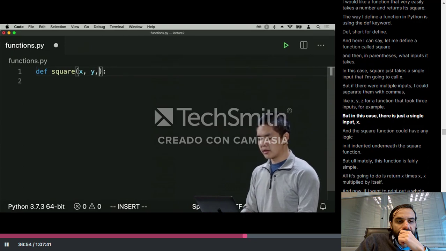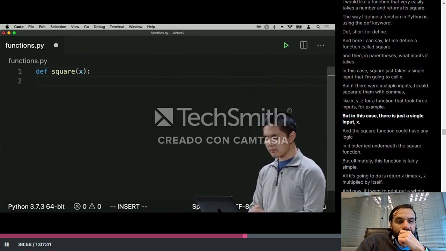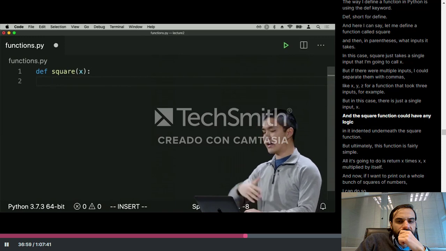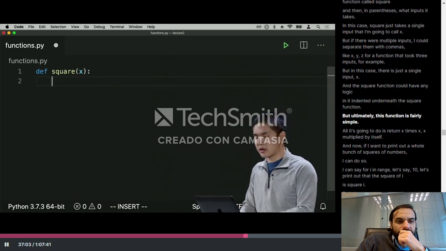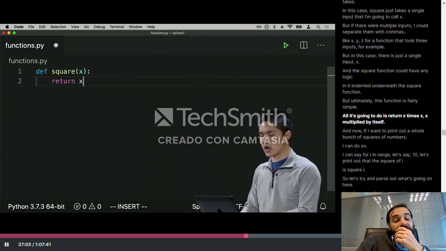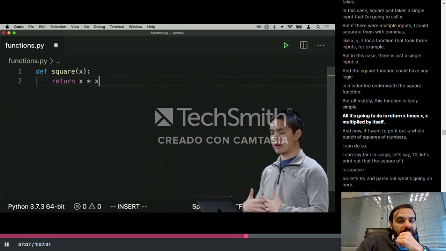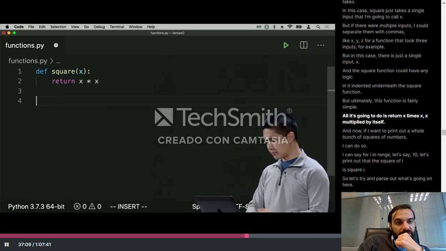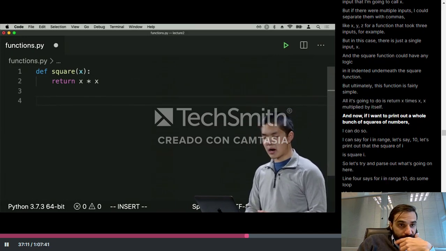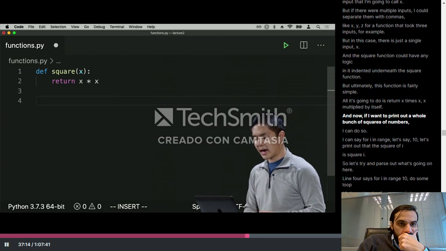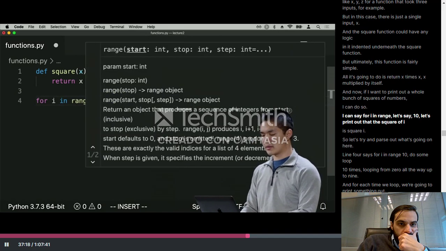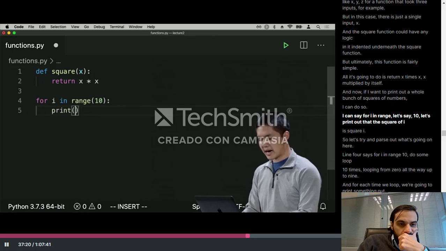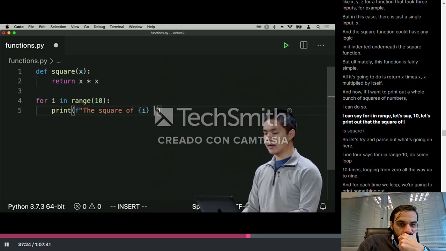But in this case, there's just a single input, x, and the square function could have any logic in it indented underneath the square function, but ultimately this function is fairly simple. All it's going to do is return x times x, multiplied by itself. And now, if I want to print out a whole bunch of squares of numbers, I can do so. I can say for i in range, let's say 10, let's print out that the square of i is